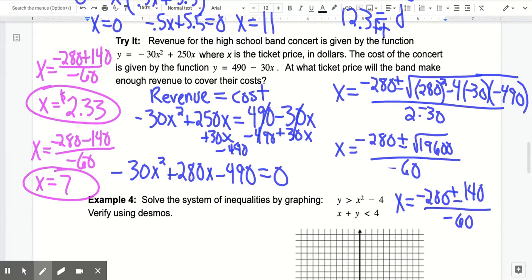Let me show you what's actually happening here. This revenue function is a parabola that's opening down, so something like this. I don't know what it really looks like. And then the cost function is a line. It looks like that. So we have two points. We found the two points. So really, at any point in between those, we'll be making enough money to cover the cost. If you go below $2.33, you're not charging enough for the tickets, so you're not going to cover your costs. If you charge above $7, I don't think many people will come, because you're charging too much. This must be a pretty terrible play. No one else can see it. Okay, so that's what these look like. We will do some inequalities and